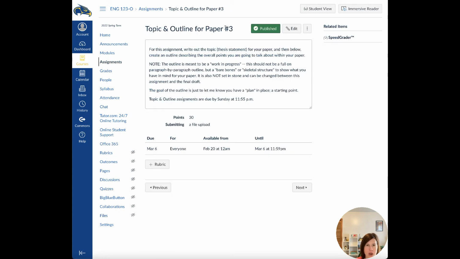Okay? So your actual assignment for this week is the topic and outline for paper 3. It's very much like what we've done with the outlines for the last 2 assignments. Nothing crazy, right? I just want to know a skeletal structure of what your paper is going to look like and what your topic is. Just a brief outline of the points you're going to cover. And if you change those points along the way, that's okay. Nobody's stopping you. So that's basically it as far as that goes. It's pretty much the same thing. If you did the outline correctly for the first 2 papers, you'll be fine.